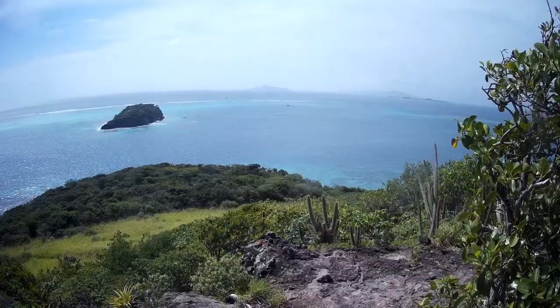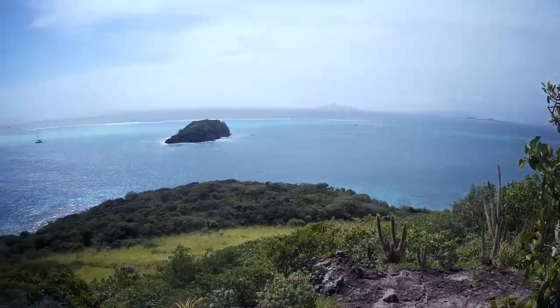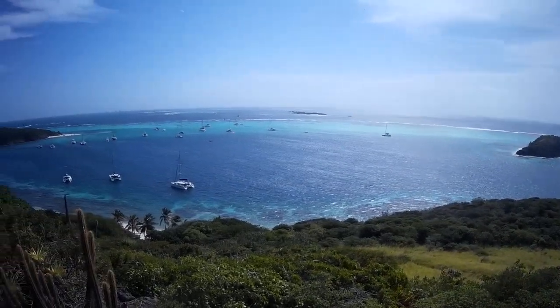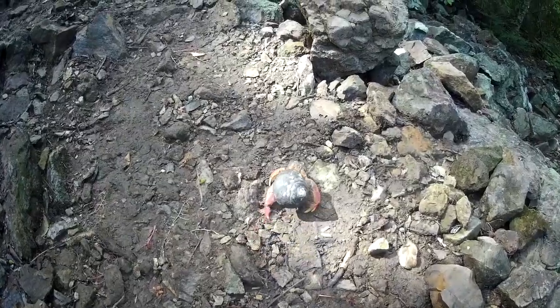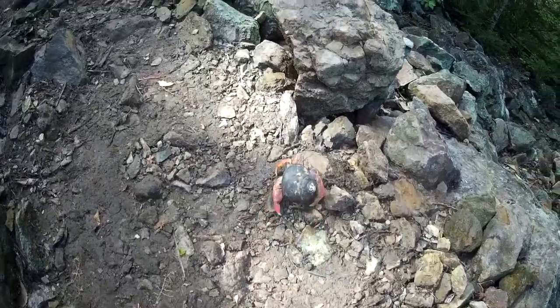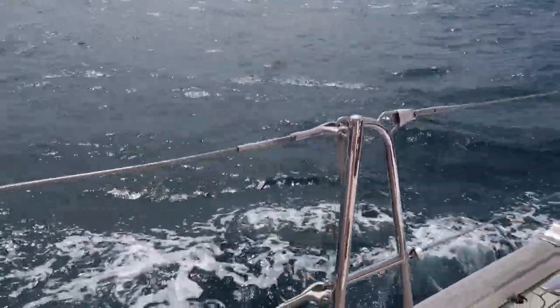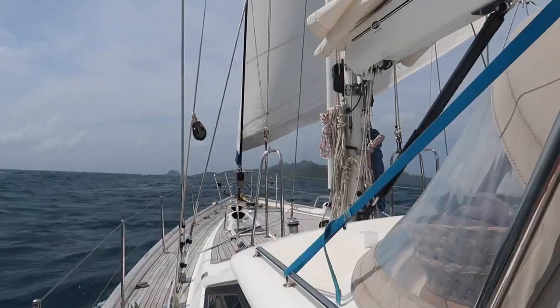And then Simon dropped me off on the island. I climbed up to the highest point of the island, where, oddly enough, I saw the largest hermit crab I think I've ever seen. And then just traipsed on down to the other side, and then they picked me up and took me back over to the boat. So that was in the morning, and in the afternoon we had just a little 7-mile sail back over to